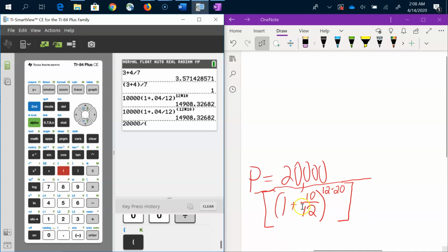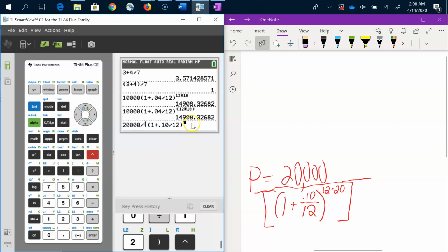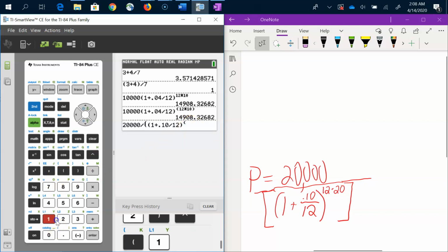and now I'm going to enter this expression, another parenthesis, so it's nested. 1 plus 10% is the interest rate, divided by 12, because that's how many times it's compounded per year. Close parentheses, so now I've got 1 plus 0.10 divided by 12. Here's the parentheses, then caret, that gives me the exponent, and I'm going to assume that we don't have this fancy calculator that I have, and so I'm going to protect the exponent, 12 times 20, because some of us have older calculators. Okay, and then the last thing, you could count, but I need another parenthesis on the right hand side,